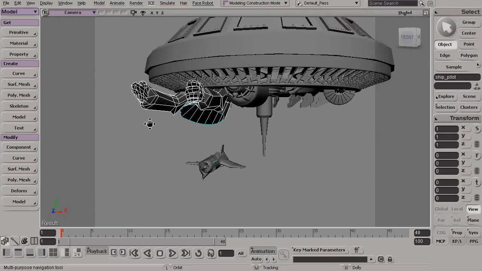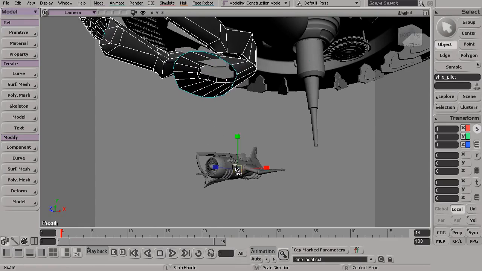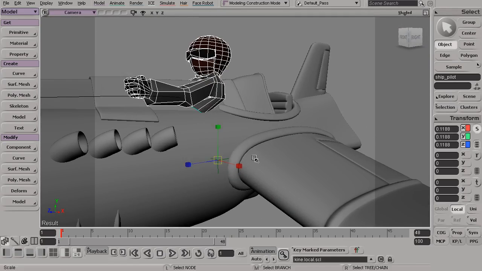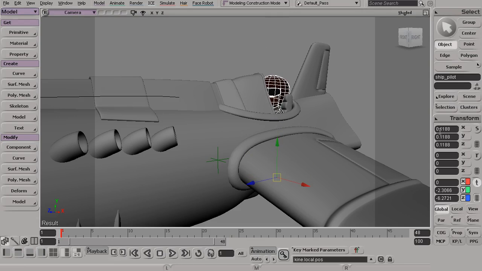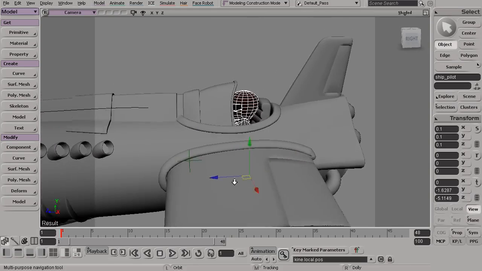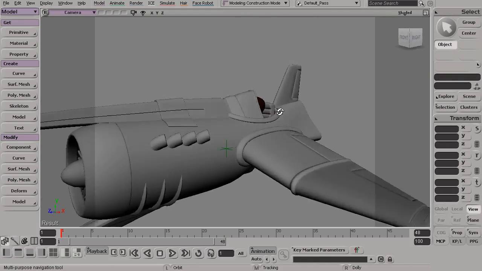Now you can see here's our ship pilot, which you can see again is way too large. So we can come in and just scale this guy down, and make sure that he fits inside of here. So again, looks like a scale of 0.1 by 0.1 by 0.1 should work pretty well. We'll just try to get him roughly fit inside that cockpit area. There we go, very nice. So you can see now at this point,